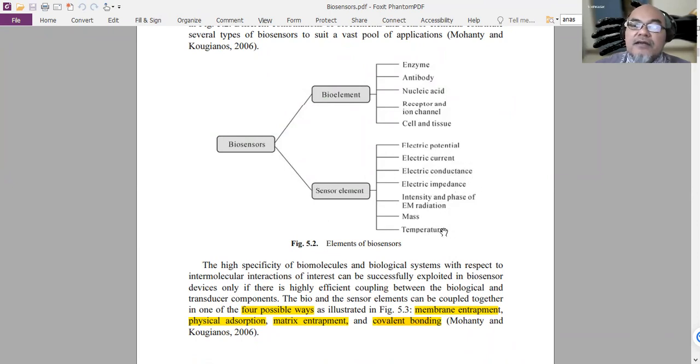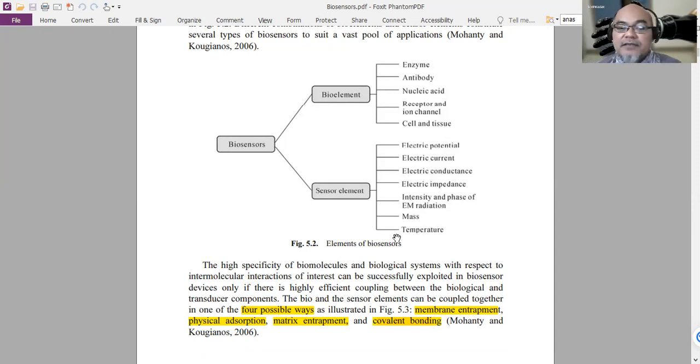If it were thermal change, then we have to use a thermistor or other temperature sensor to recognize the biochemical recognition reaction. If it were mass change, then we can use, for example, a quartz crystal microbalance, surface acoustic wave sensor, or